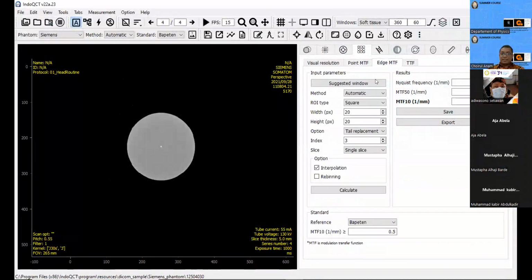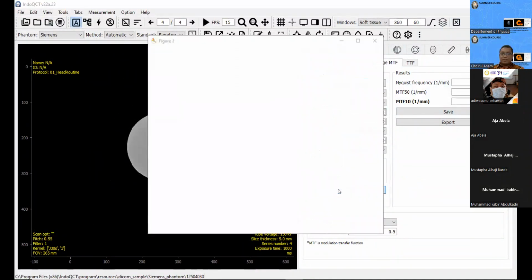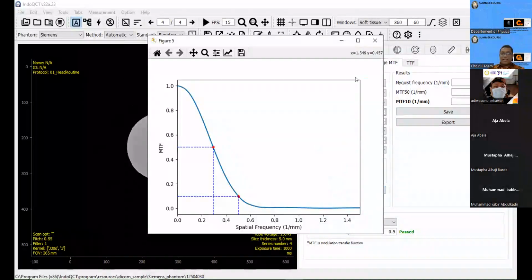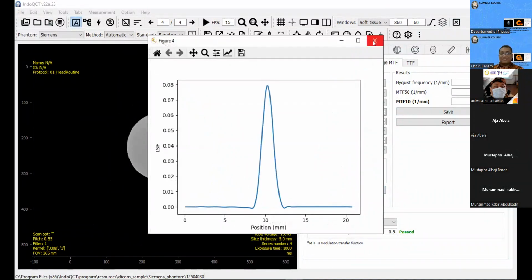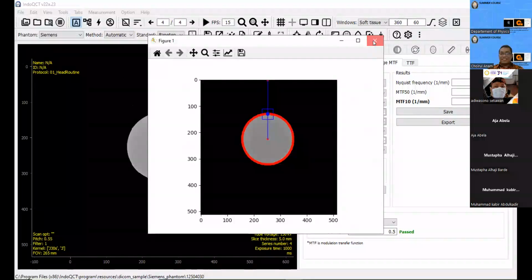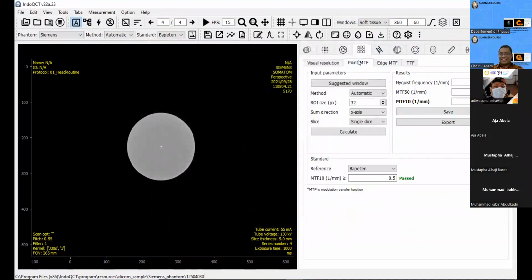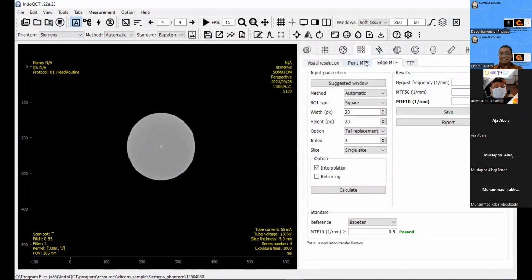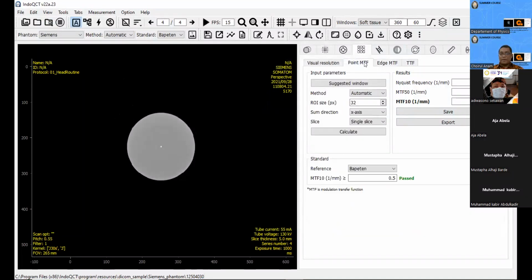And by using HMTF, yeah, it works. The result is relatively different. Okay, this is the point MTF and also HMTF. Is there any question from you?